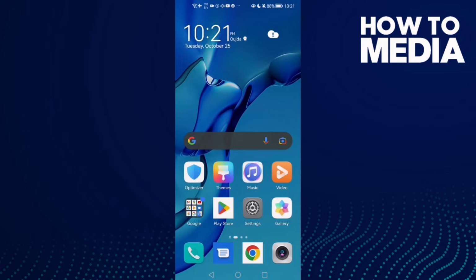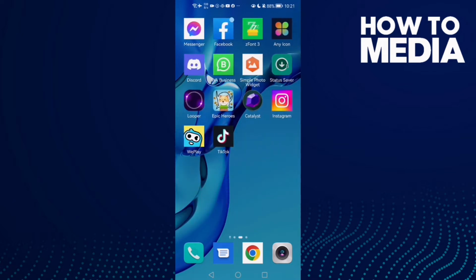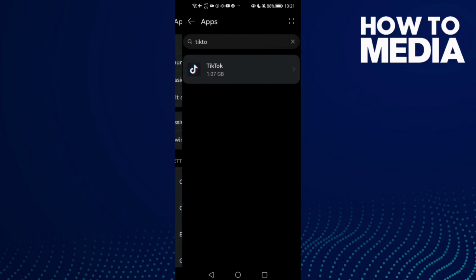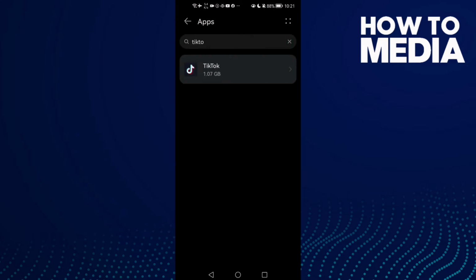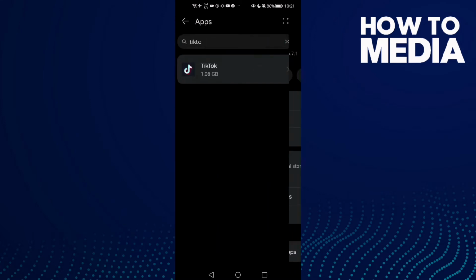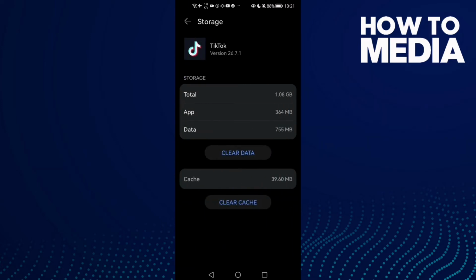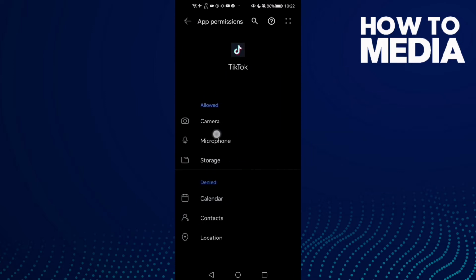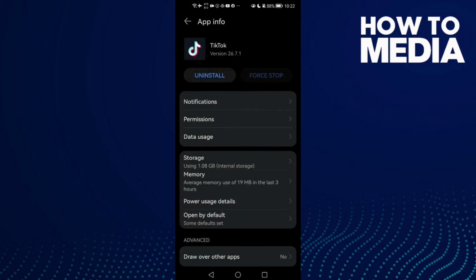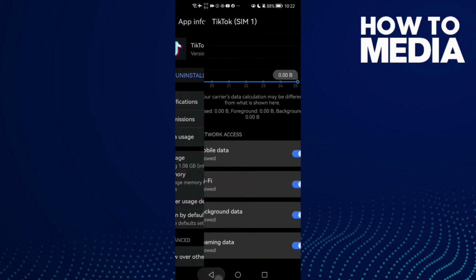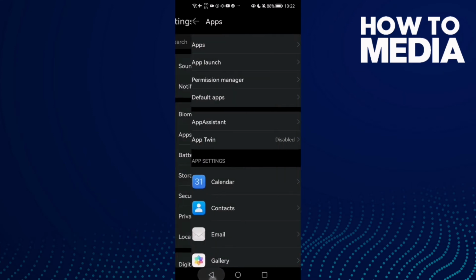First, open settings and then go to apps, and then apps again and go to TikTok, and then click force stop. Here you will find storage, and then click clear cache and enable all of those here. Go to data usage, enable background data, and now just go back,